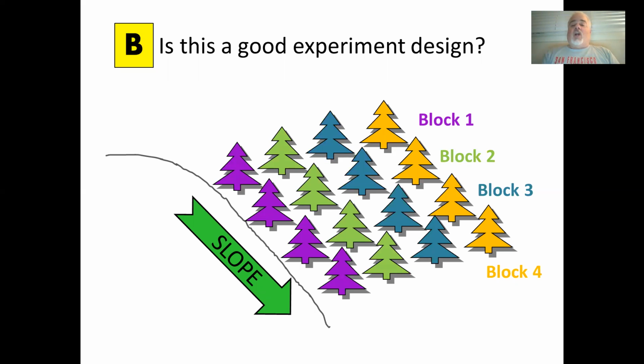What about this? They're all going down the slope. Hey, every block has a plant at the top, the top middle, the bottom middle, and the bottom. So every block is homogeneous. Yay. No, boo, actually, because what we're trying to get at is a measure of the variation caused by the slope. And unfortunately, with these different groupings,